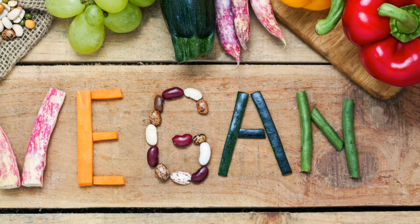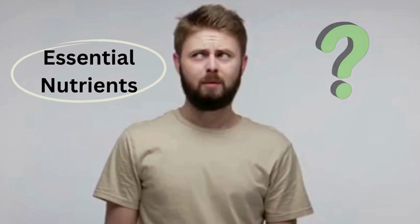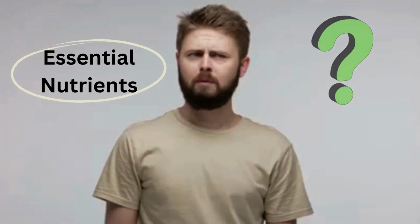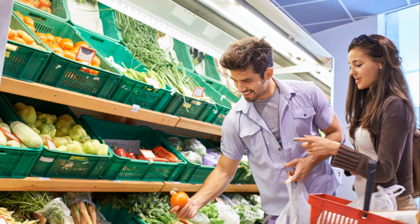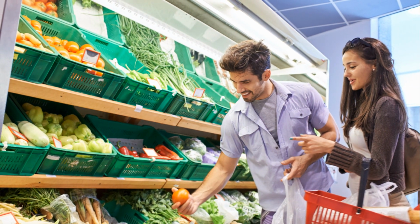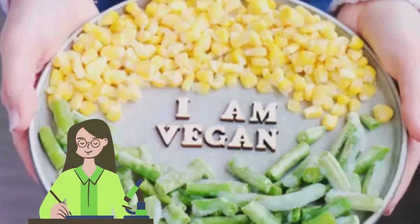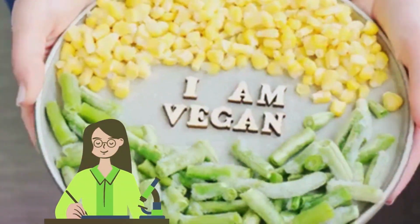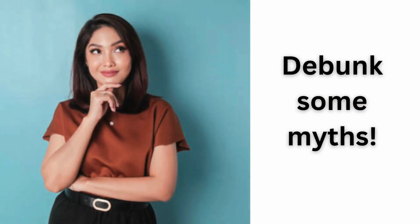Ever wondered how to get all your essential nutrients from a vegan diet? It's a question that's on the minds of many, whether you're a seasoned vegan considering the switch or simply curious. The vegan diet, rich in fruits, vegetables, grains, and legumes, is often under the microscope, scrutinized for its perceived lack of nutrients. But in this video we feel it's time to debunk some myths, and rest assured viewers, all the